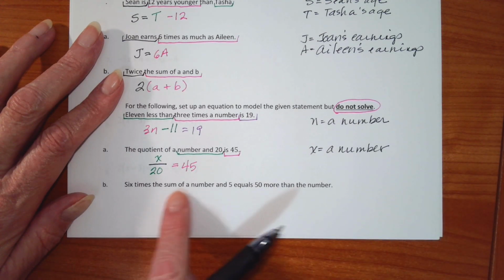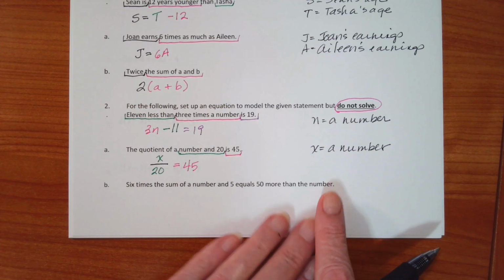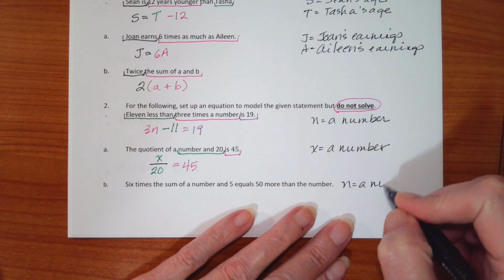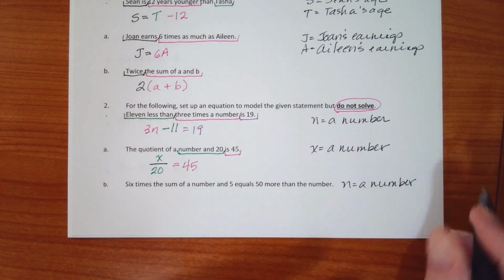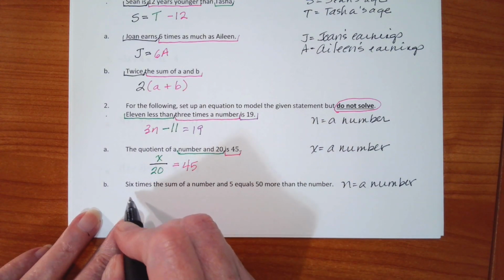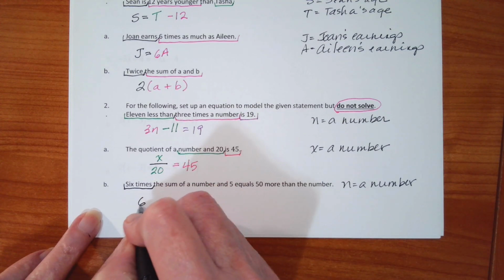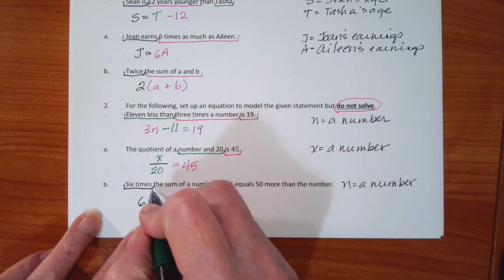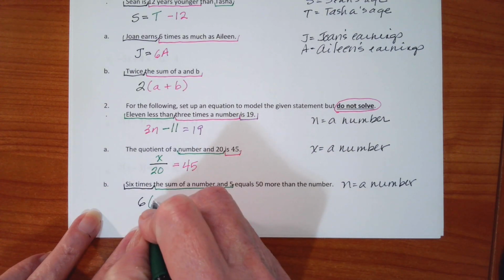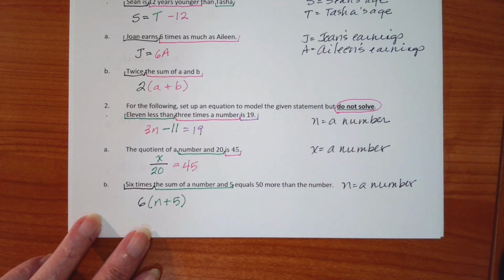Okay, 6 times the sum of a number and 5 is equal to 50 more than that same number. Okay, so let's let n equal a number. I'm not very creative about my variables. Okay, so 6 times the sum of a number and 5. So I'm going to have my number plus 5, sum is the result of addition,